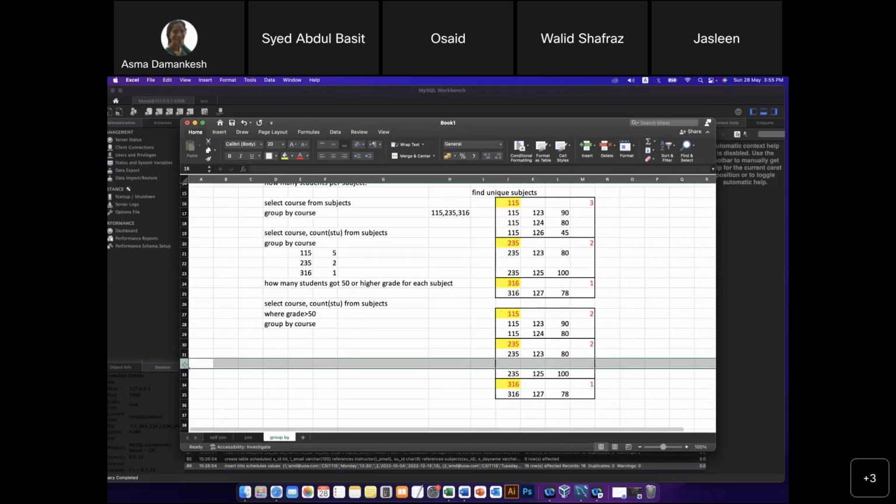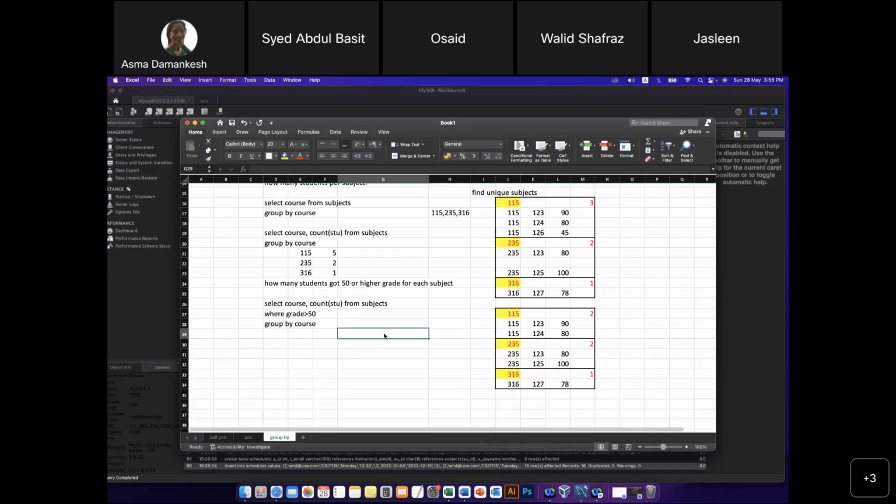Okay, did we get the idea? So it first removes the row, and then creates the group. Now, if I tell you